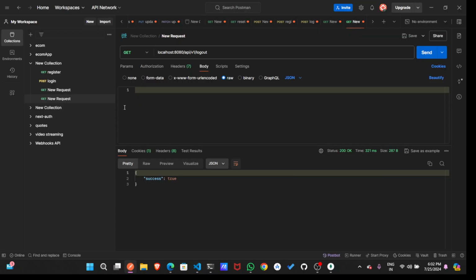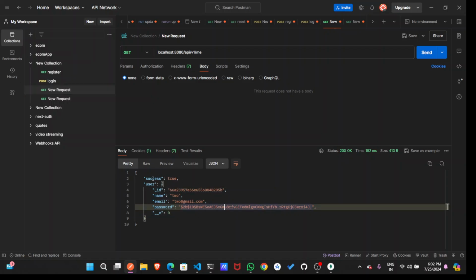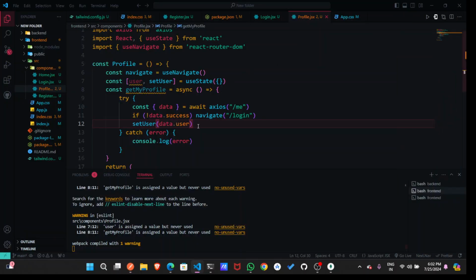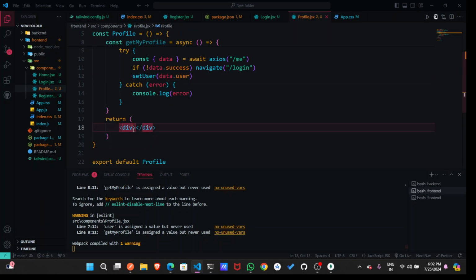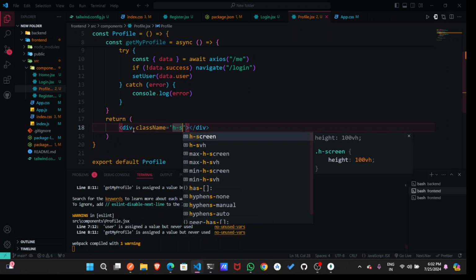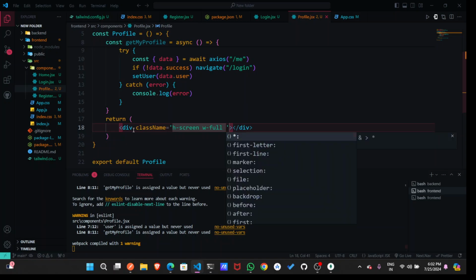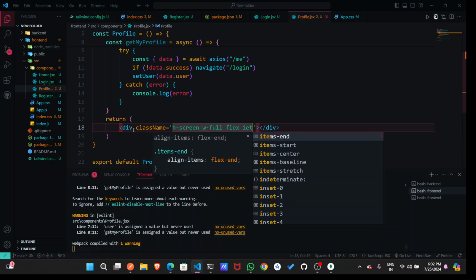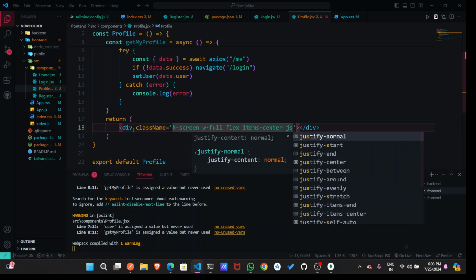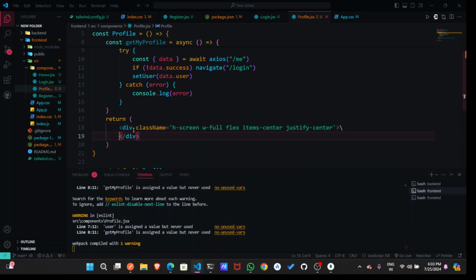Let's see what kind of data we are getting from the profile. Get my profile function. So we are getting this success and user. Okay, we are fine. So if you get it, so let's add some classes. Height will be screen 100 each, width will be full, and it should be flex, items center, justify center, and we will have a div, we will have h1,